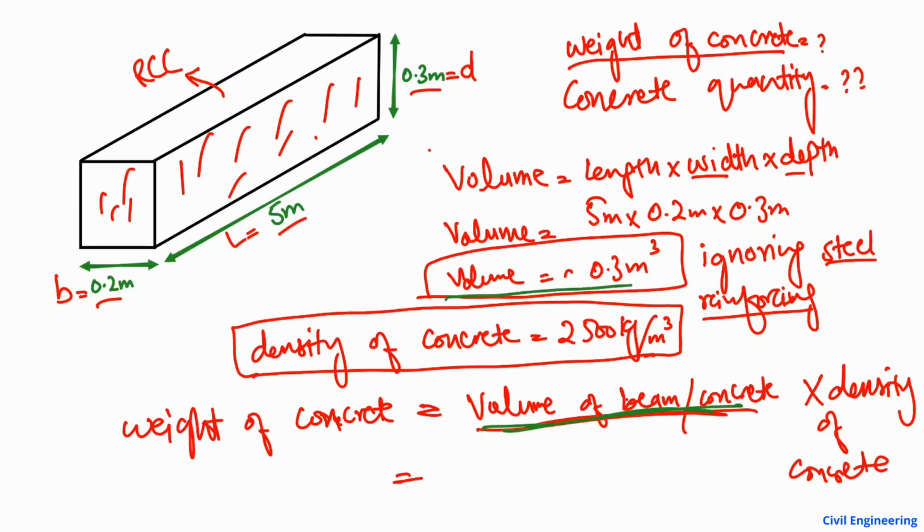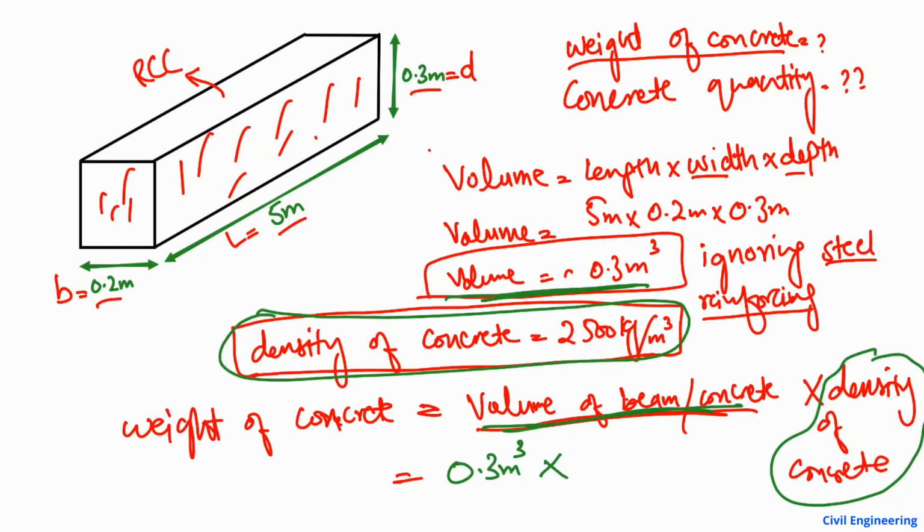The volume of the concrete is known to us, which is 0.3 cubic meter. Multiplying it with the density of the concrete, which is a standard value, 2500 kilogram per cubic meter. So cubic meter will be cancelled, and here we get the weight of the concrete only,